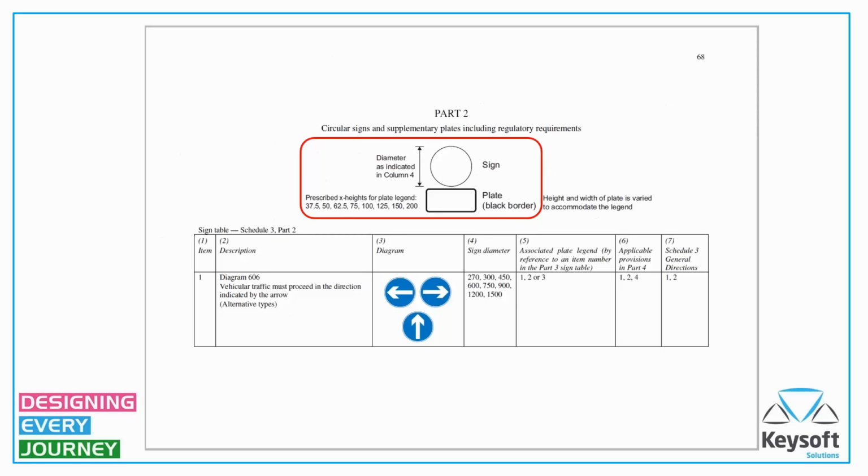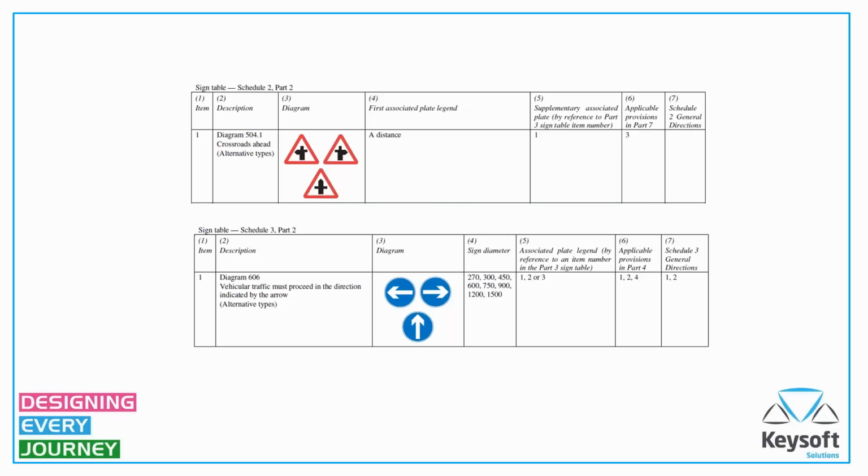Going back, though, to Schedule 3 for a moment, we've got the heights, as I mentioned. In this particular case, they're in the column. Just compare that with the Schedule 2 signs. Looking again in terms of the lighting requirements and various differences and similarities, of course, a legend is appropriate for warning signs and also for the regulatory signs.